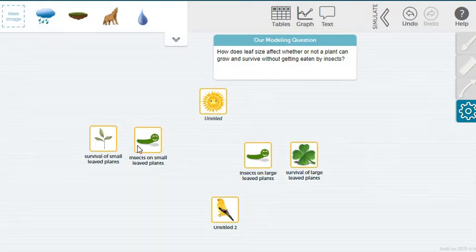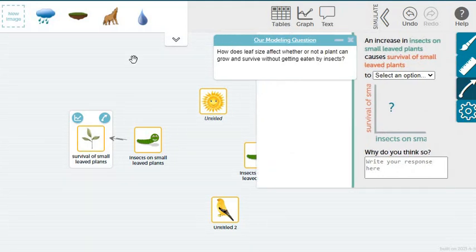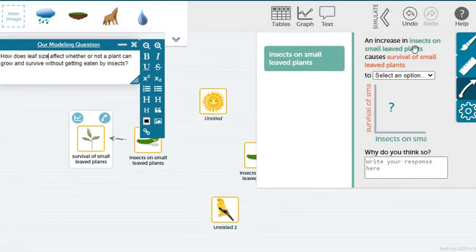So to start with, let's set the relationships between our plants and our caterpillars. To connect things, I'm going to take the little arrow icon from the factor that I think will affect our plant and drag it over to the plant. So I think the insects on small leaf plants will affect the survival of our small leaf plants. And then to set what that relationship is, you can click on small leaf plants and then click on this little arrow at the right hand side of the screen. And now it says an increase in insects on small leaf plants causes the survival of small leaf plants to